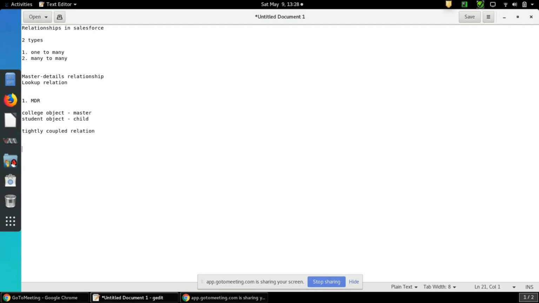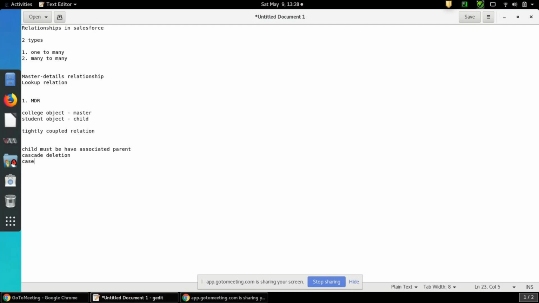So what are all the things? A child must have an associated parent. Cascade deletion will happen here. Cascade means if I delete a master record, the child record automatically gets deleted.